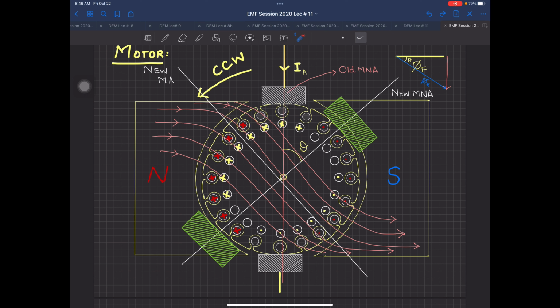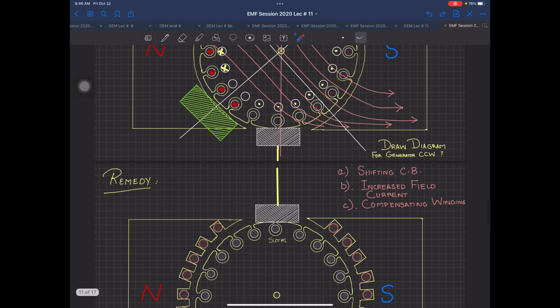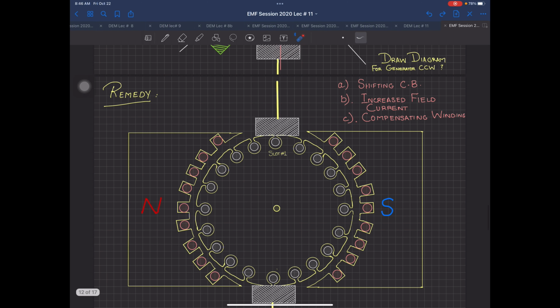One remedy I just told you is the shifting of carbon brushes, which is obsolete now for obvious reasons, because it has an angle change theta. The second thing, which is also written in your book, is that they fix the carbon brushes at the optimal point, which means at 2/3 of the load they shifted that theta. But when the machine was working at no load, it was going to produce armature reaction. So it was also not a good remedy. The remedy I am going to talk about is called the compensating windings.